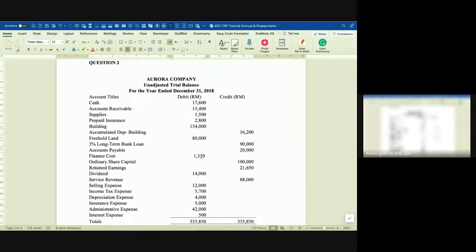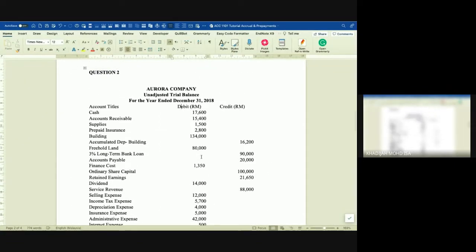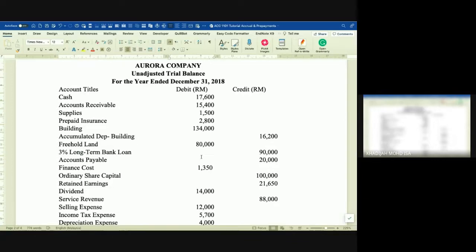Once you have this question, you are given the unadjusted trial balance for the year ended 31st December 2018. What it means is that when you have an unadjusted trial balance, the accounts have been prepared up to 31st December, but